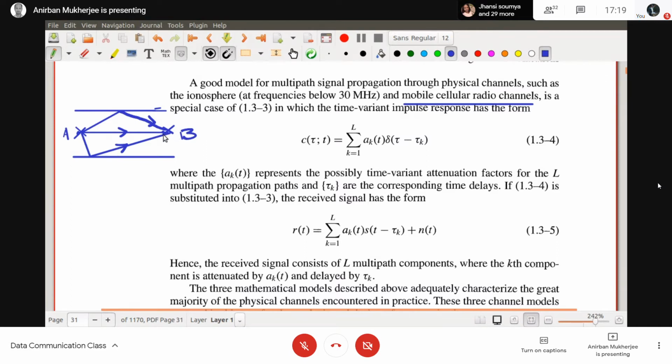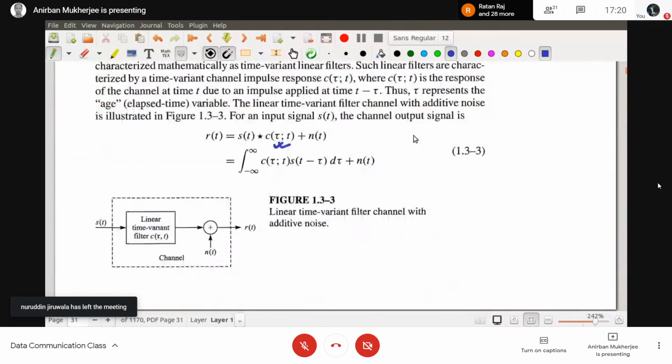So alpha k(t) represents the possibly time variant attenuation factor for the L multipaths. For the first path I have A1, for the second the attenuation is A2, for the third the attenuation is A3. This attenuation is itself dependent on time, so I write A k(t), and each path has its own delay tau k. Sometimes we call this the time variant version, and if you substitute this into equation 1.3-3,